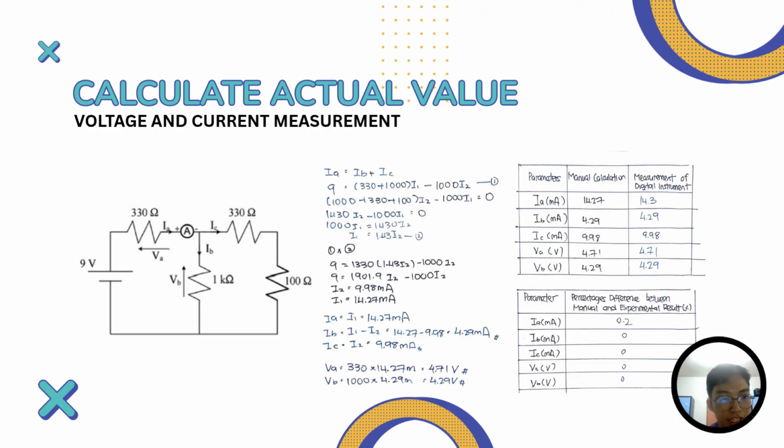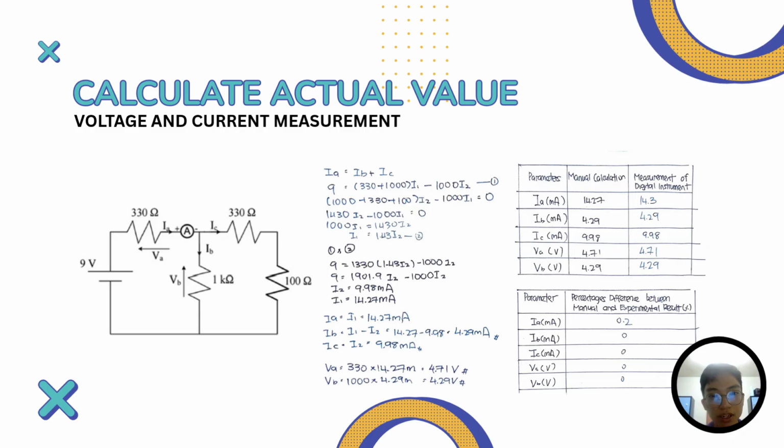The first step is to calculate the actual values of the current and voltage that we want to obtain. From the following working, I have successfully obtained the values of current and voltage in the table, which is